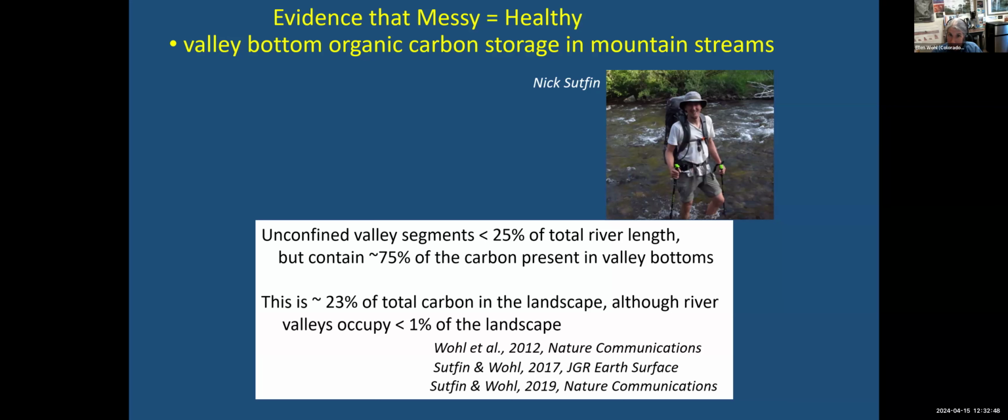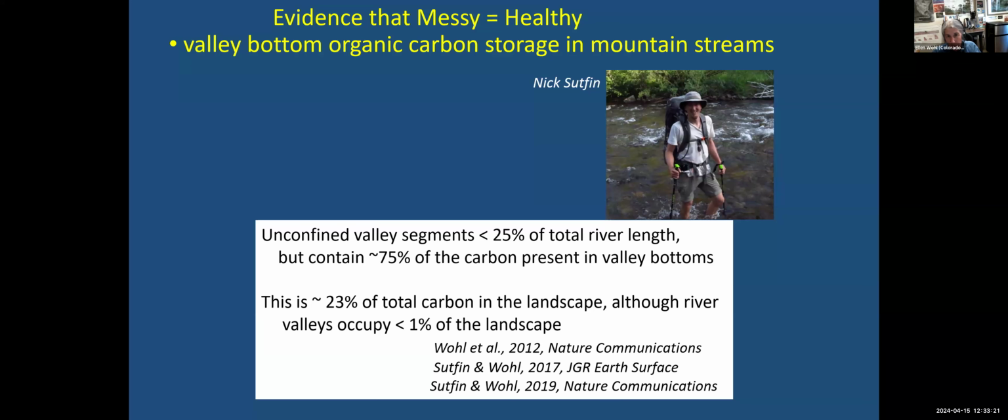So lots of plant litter dropping into the soil. The soil is more likely to be saturated and have reducing conditions. So you end up with higher concentrations of organic carbon in the soil, and that soil is also likely to be thicker in the floodplain than it is in those steeper segments. And what really surprised me was that the valleys are less than 1% of the total area in the river catchment, but they store almost a quarter of the carbon because, again, the organic carbon concentrations in soil are so much higher than they are in the upland soils.